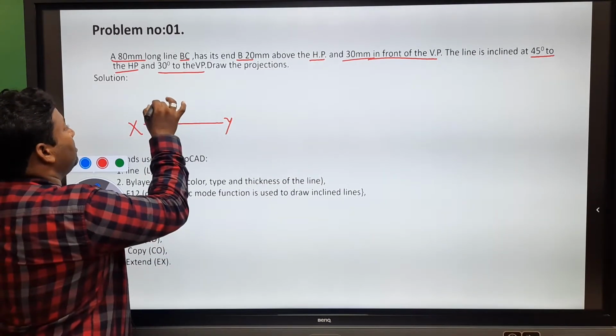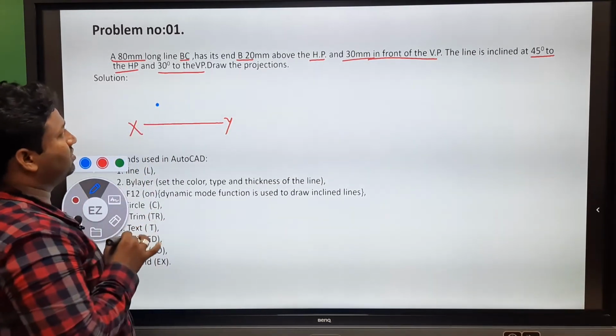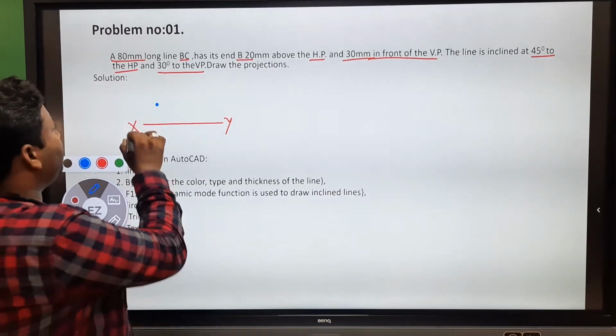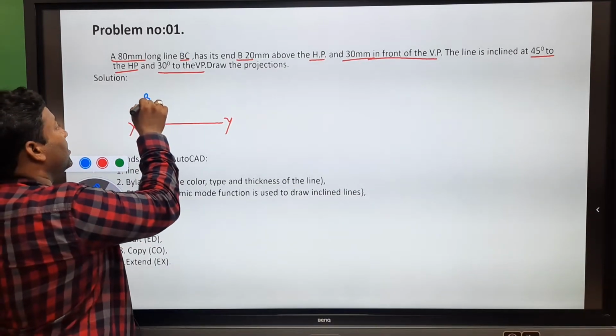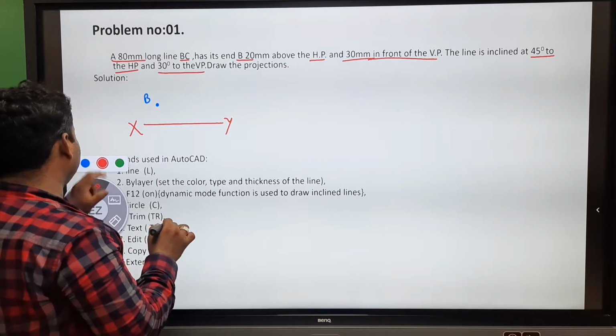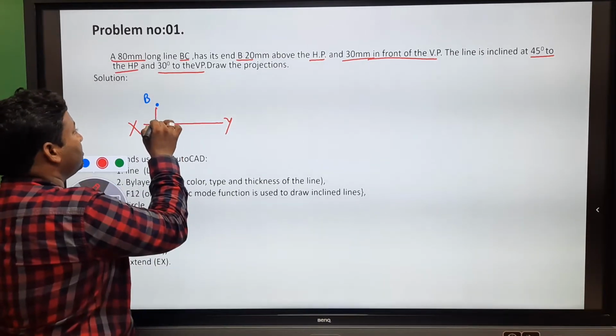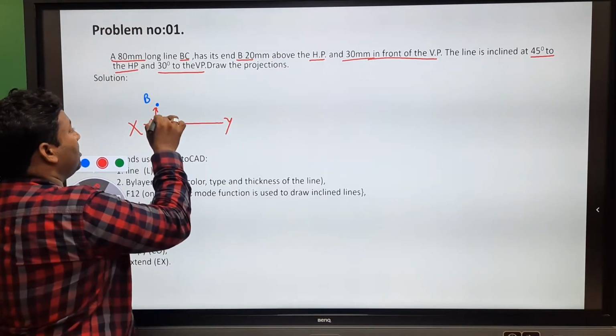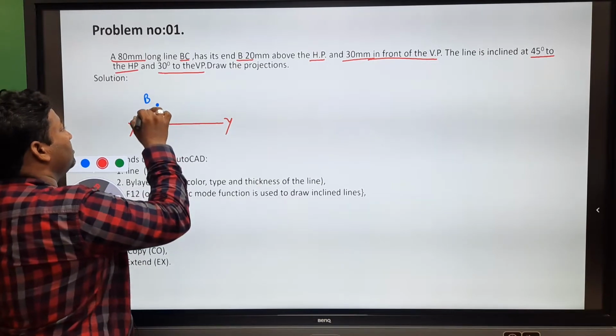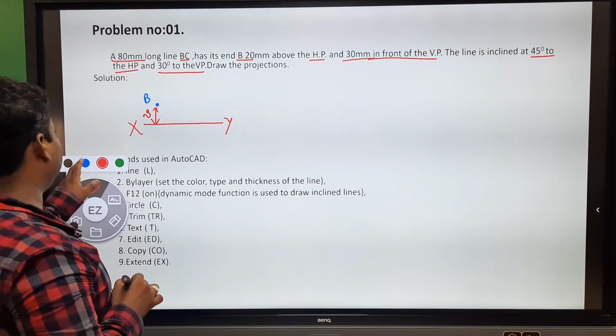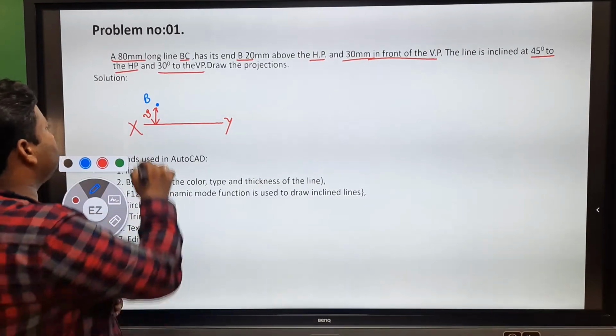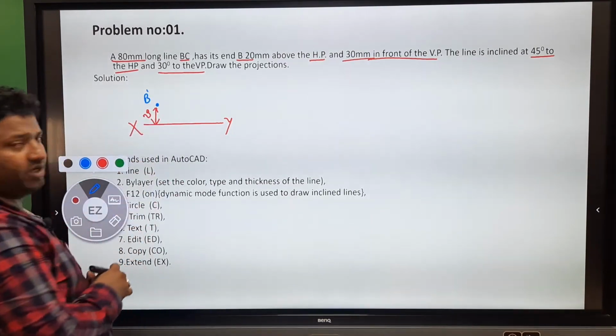Suppose this is the point B, 20 mm above the HP. As we know, 20 mm above the HP means we have to put it in the front view.